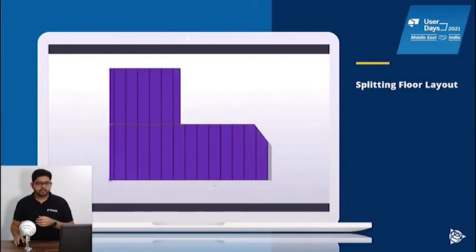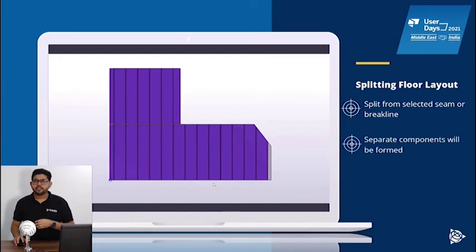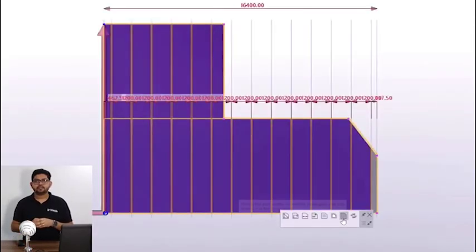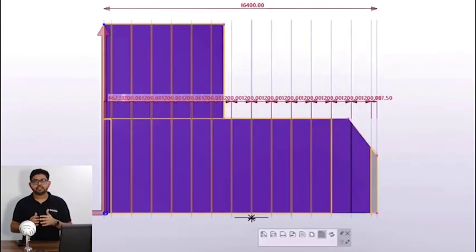Another improvement is for splitting the floor layout. It becomes handy when your design progresses and you wish to have different slab distribution or slab properties in different areas. So you can split from a seam point or break line into two separate components. Here you can see what happens to the slab distribution when there is no split. Everything is moving.